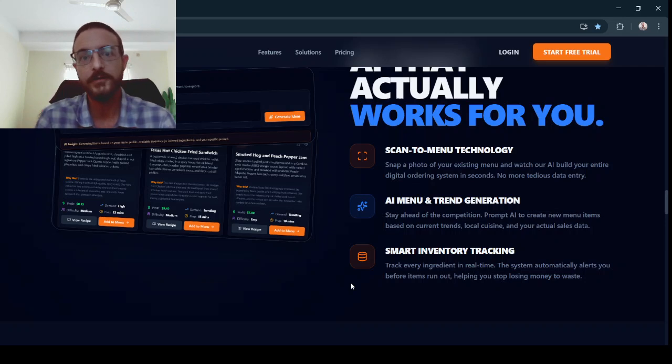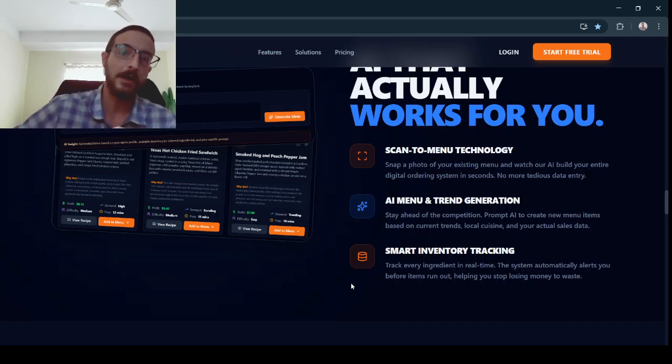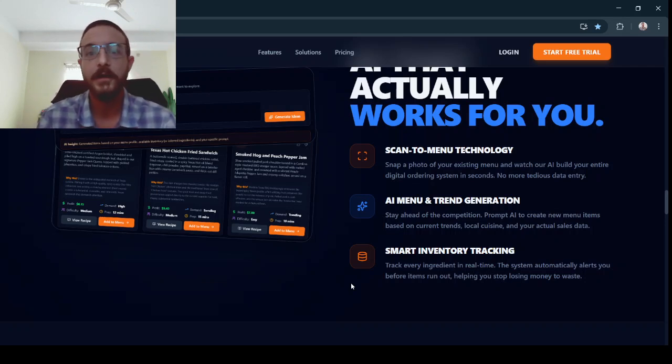The waste logs does the same thing. If you throw away a pound of ground beef because it got rotten, it automatically deducts that from your inventory. Very, very smart. We also have an AI feature that will scan your entire inventory, and you could prompt it